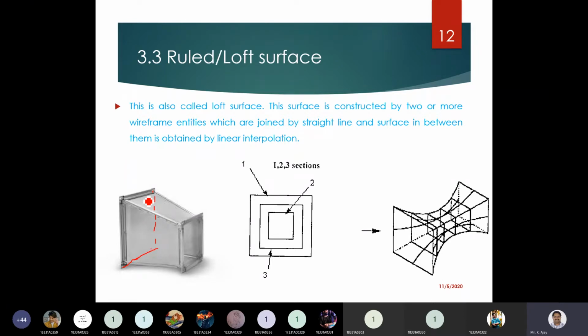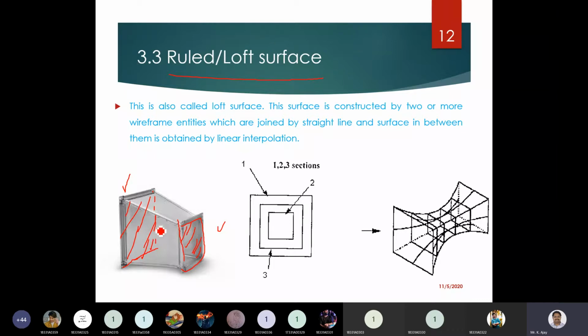Okay, the cross section here is a big rectangle, whereas another cross section is a small rectangle. This looks like a square, right? You can consider this a big square and this a small square. If you have a big square and a small square, and you want to create a surface connecting both of them, joining both these cross sections, then this is one of the applications to talk about the meaning of a ruled surface or a loft surface.